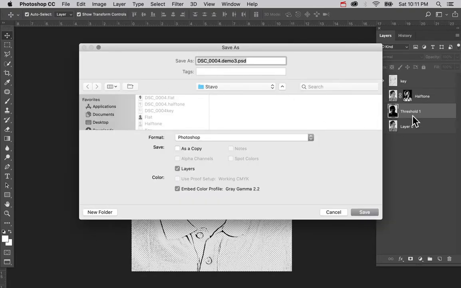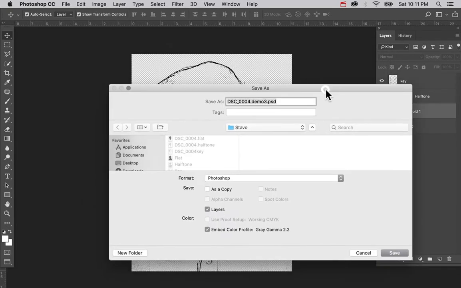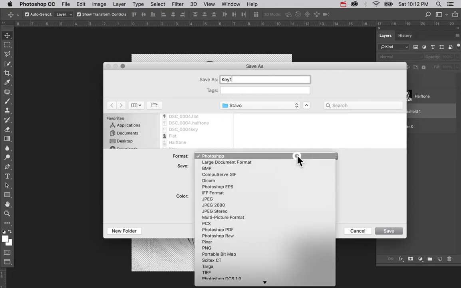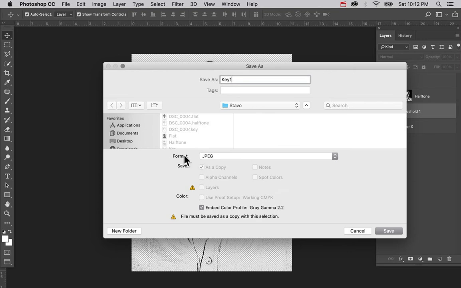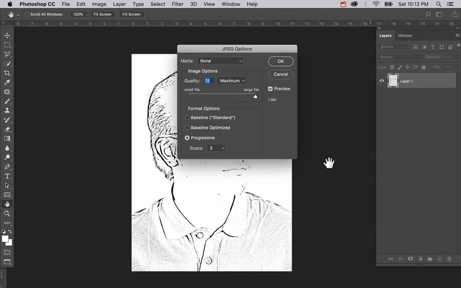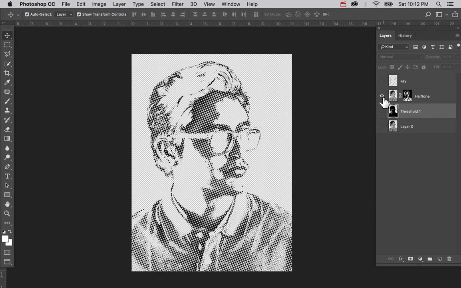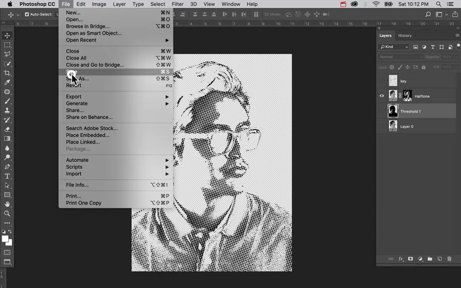after what it is. So in this case, I'm looking at my key image. Let me double check that. Yep, looking at my key image, so I'll rename it Key 1 maybe. And I'll go to my JPEG format, click Save, and I'll make sure that I save it as the largest possible JPEG compression. Now I'll turn off the key image, turn on my halftone image, do a File, Save As,